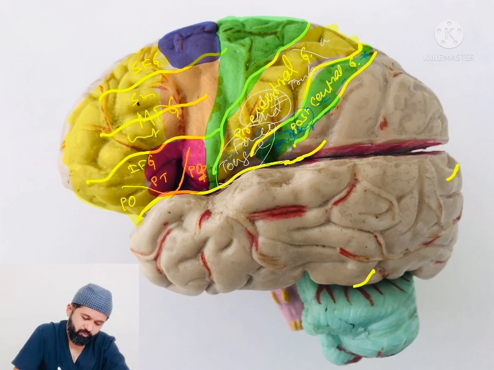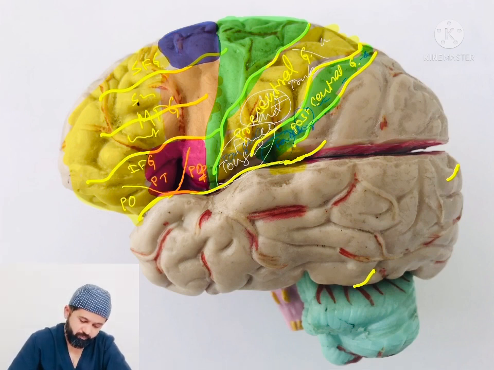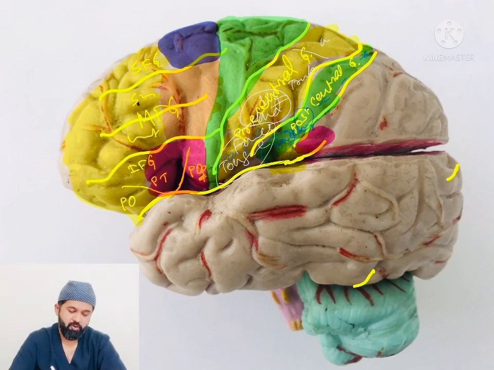Now, if we open this sylvian fissure, we can see that there is an upper lip and a lower lip of the sylvian fissure. The upper lip, near the primary sensory cortex, also has a supplementary or secondary sensory area, which is mainly responsible for the perception of pain. That is a small area here. Also, posterior to the part of the primary sensory cortex which represents the face, we have the area responsible for vestibular sensations, that is the position of your head, and if you have giddiness and all those things. That is a specific area for that.